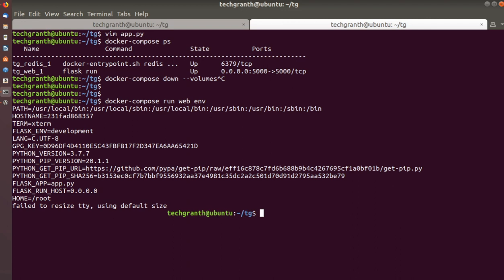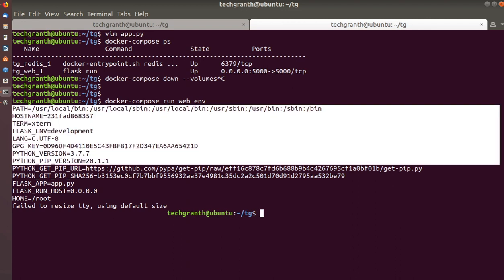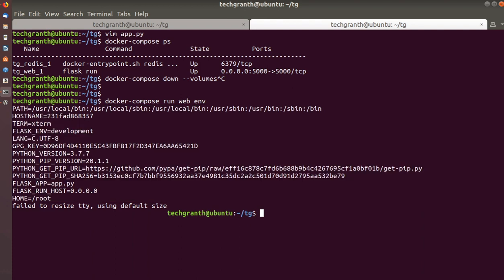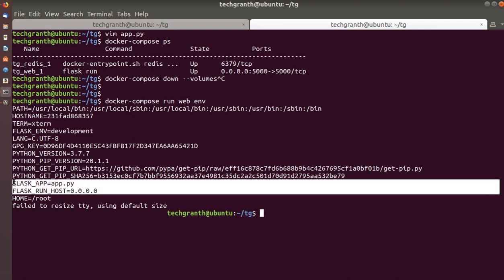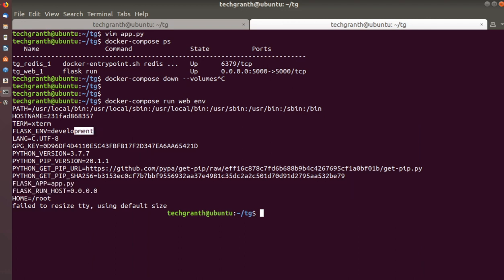right, you can see here we use all these environment variables which we have mentioned, like the Flask app, which app we will be using, app.py, and Flask run host is 0.0.0.0, right? We have mentioned this one, and recently in the Docker Compose YAML file, we have mentioned this Flask environment as development, right? All others are generated randomly by default from Docker Compose. Okay, so like this, we can run commands specific to any service with the docker compose run command.